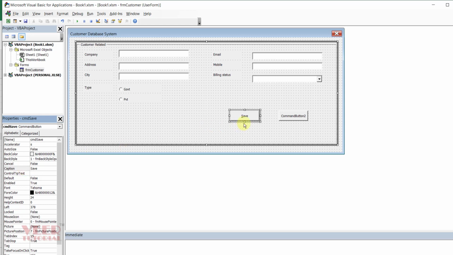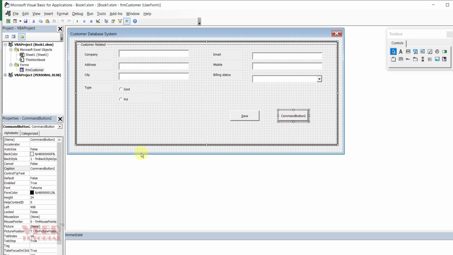Press enter. You can see, and now change the caption of this one to clear, and change the name to cmd clear.